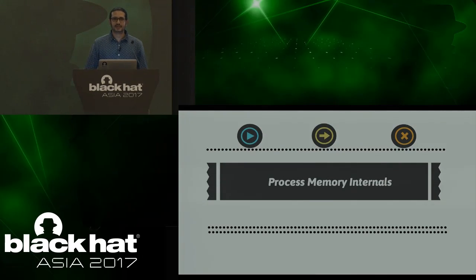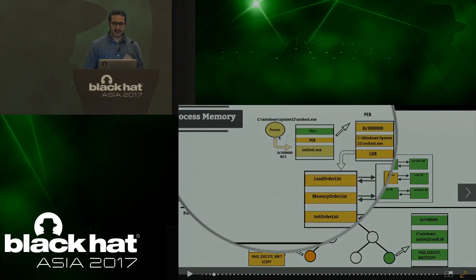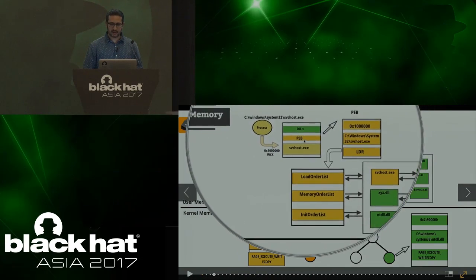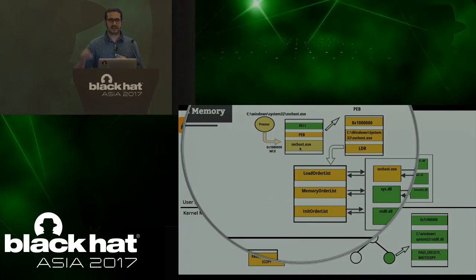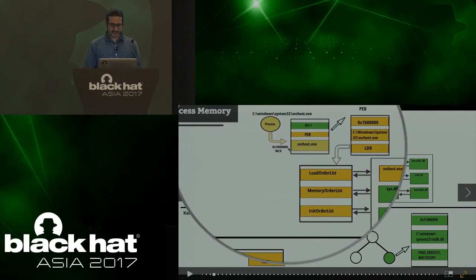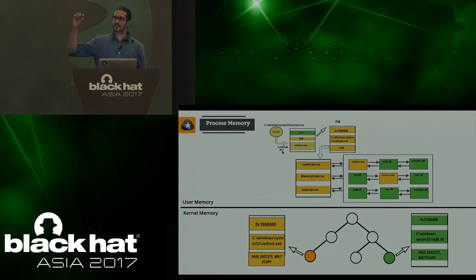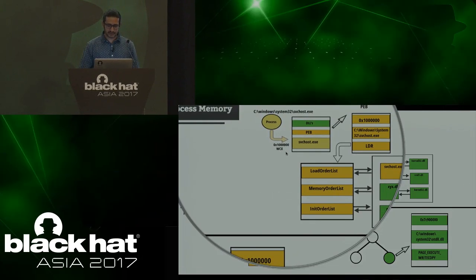So that's about me. Before getting into the topic of process hollowing, let me first introduce you to process memory internals. What happens when a process starts? Let's say in this case there is a process svchost.exe. When a process starts, the process memory is allocated, which is represented here, and the executable section of the process is loaded into the memory. In this case, it's loaded at this address, and when normally loaded, the memory permission is write, copy, execute. That's represented as WCX here.